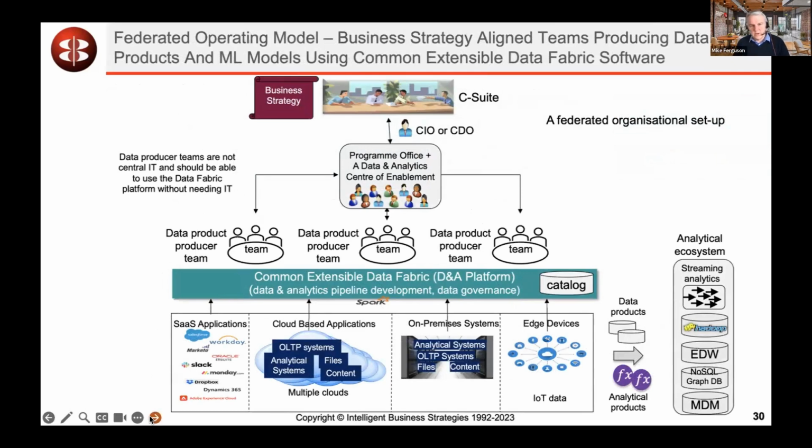Then once I've got that, I'm in a position to allow multiple teams to work with Data Fabric to get this data, build the appropriate data products and publish them and make them available for different analytical use cases. And getting a center of enablement with IT expertise embedded within the teams allows those data producers to take advantage of IT expertise rather than IT trying to do everything. They push themselves into those teams and help upskill everybody to go off and do this, and hopefully do it in a fairly standardized approach